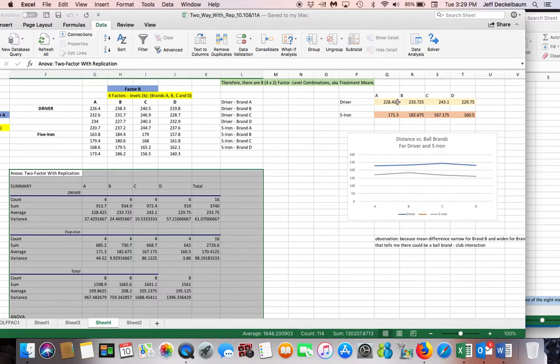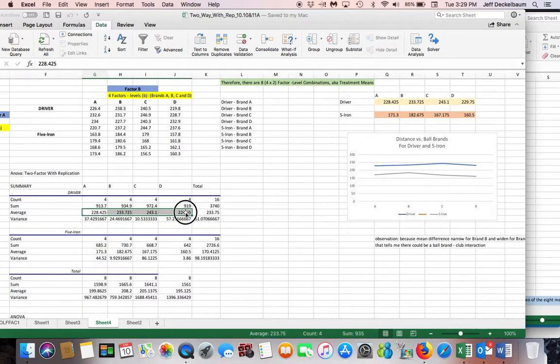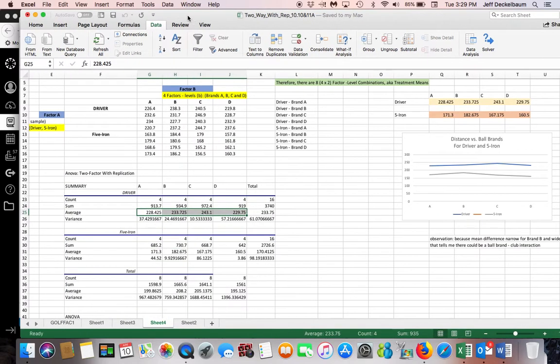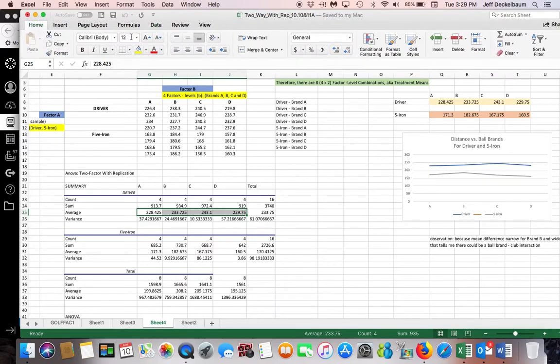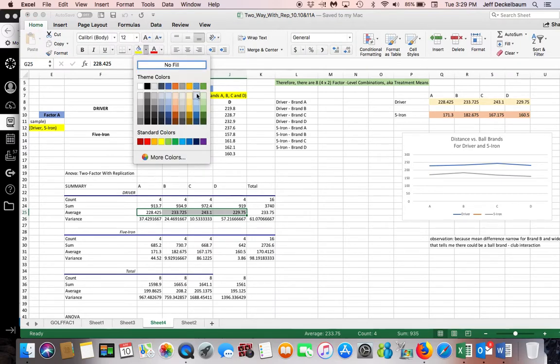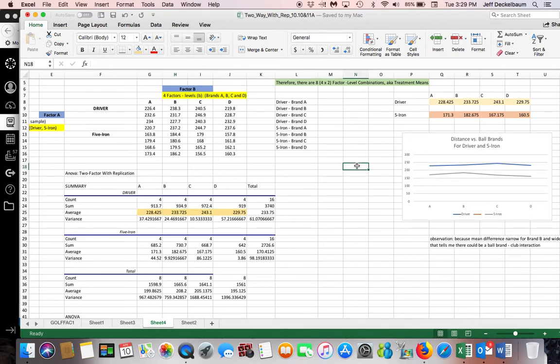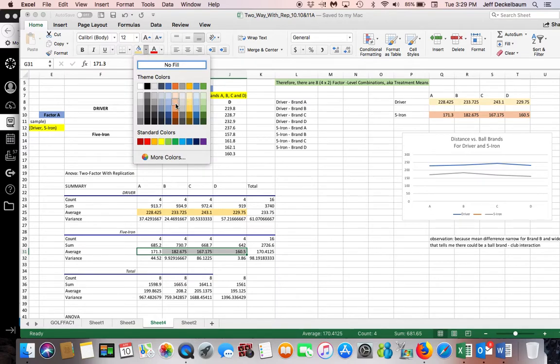So this row that is color-coded right here is this row of data right here. And I'll just come back here and put a color that's close to that. And then I have the same row of means for the 5-iron, and that is this